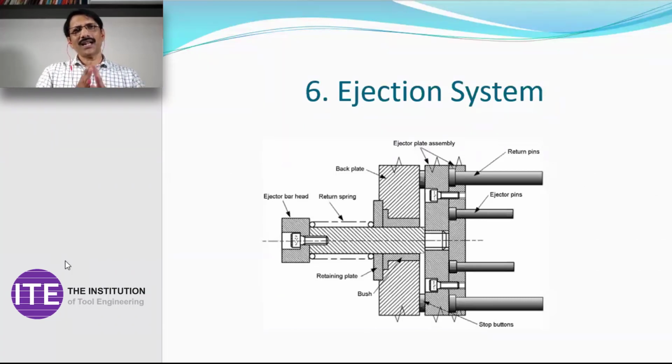So for ejector pins, there are various materials available in the market. You can go for EN8, OHNS, HCHCR. As per the process, there are so many materials. HCHCR means high carbon, high chromium steel, and OHNS means oil hardened, non-shrinkage. EN8, you must be knowing the EN8 series. So there are materials available.